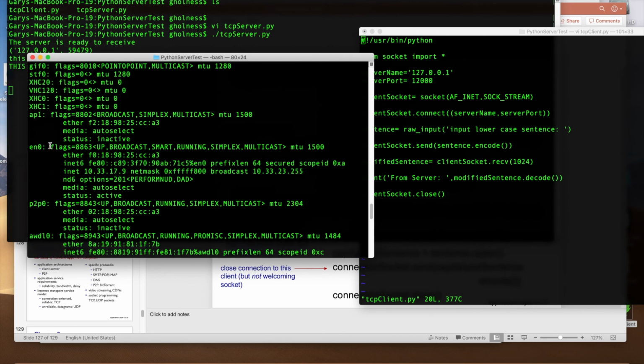But each interface has a string name, and on Apple's version of Unix, it's BSD Unix underneath the covers for Mac OS. en0 is the wireless interface. And so here you'll see inet, which is the IP address or the network address, and it's 10.33.17.9 in my case, and it'll certainly be different for each person.